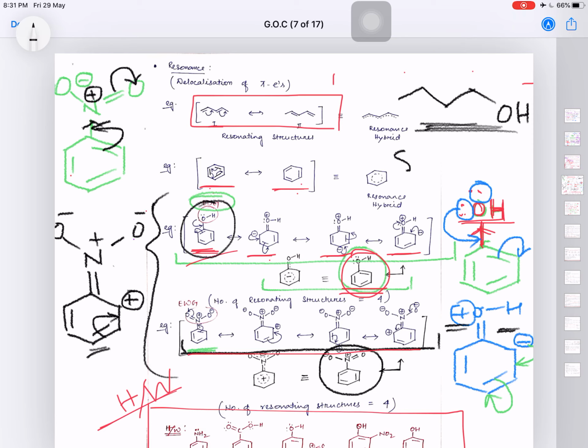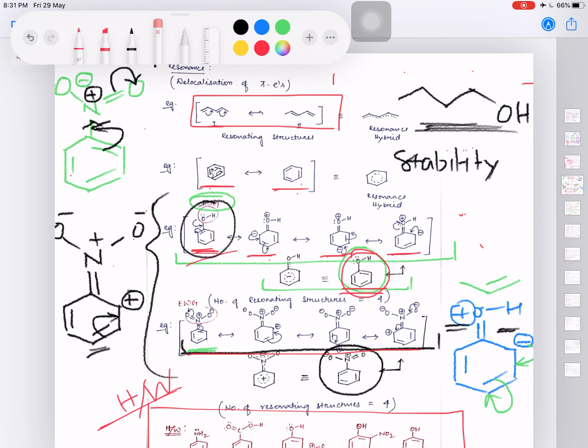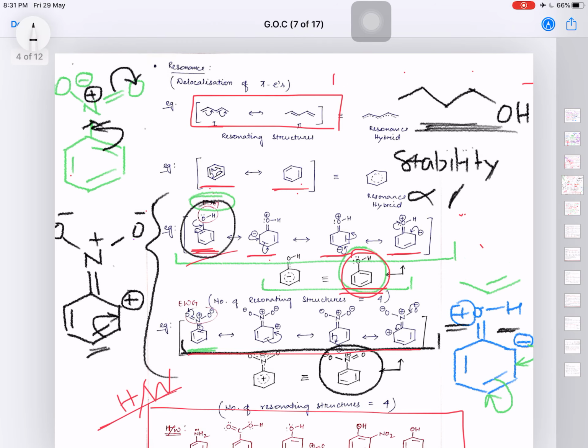And stability is directly proportional to acidity. You just keep in mind, stability is directly proportional to your acidity. The more stable a molecule is, the more acidic it is, okay. So this is very, very important. So that is why phenols are more acidic compared to your alcohols,